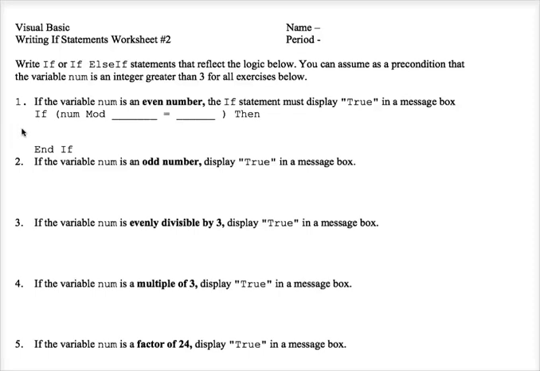Let's learn how to write if statements. Checking out writing if statements worksheet number 2. Number 1 is a fill in the blank